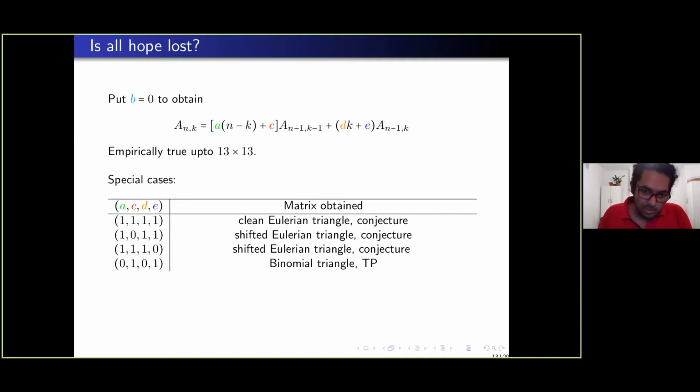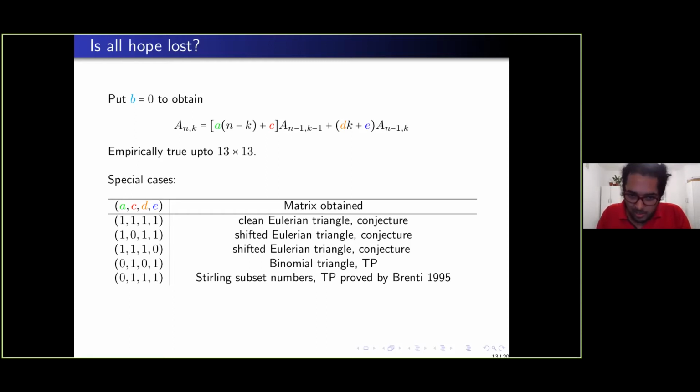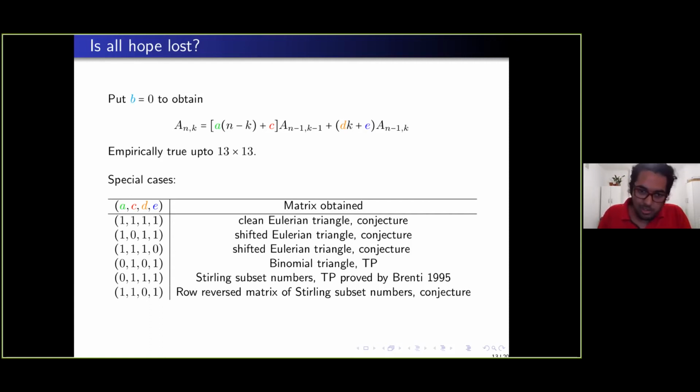If you take this two variable case, then you get the binomial triangle, which we know is TP. If you take this other three variable case, you get the Stirling subset numbers, and its TP was proved by Brenti in 95. The only other three variable case that remains is that of the reverse Stirling subset triangle,